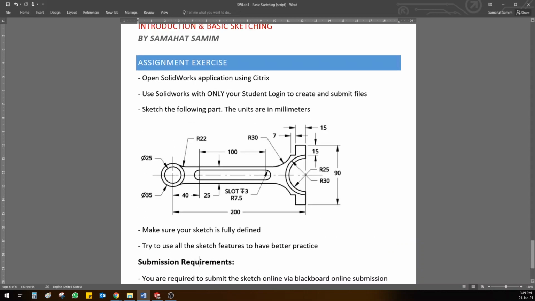Anyway, this is the way you can do the assignment. I hope the assignment is easy and understood by you. This has circles, it has fillets, it has lines, and this is how you will